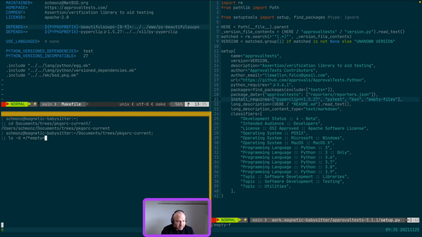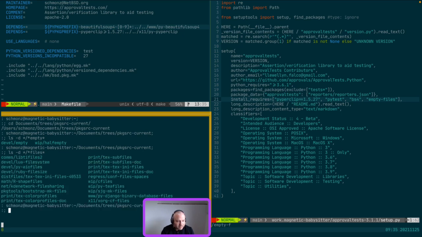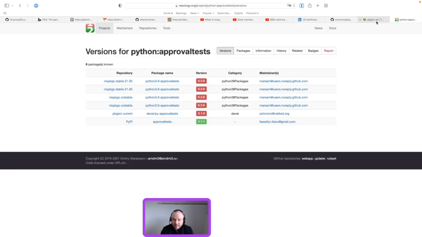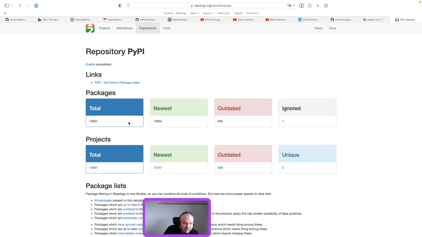Empty files. I don't see it. So there's a Python module called empty files. This may be bigger than we want to do now because we've already been at this for a while. But let's look. If we go to PyPI